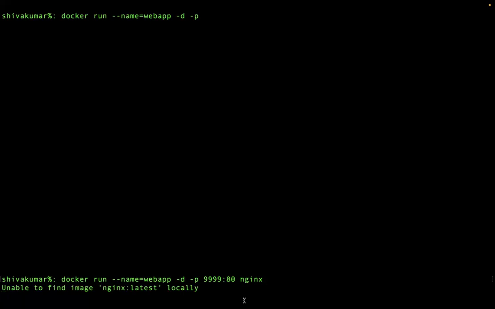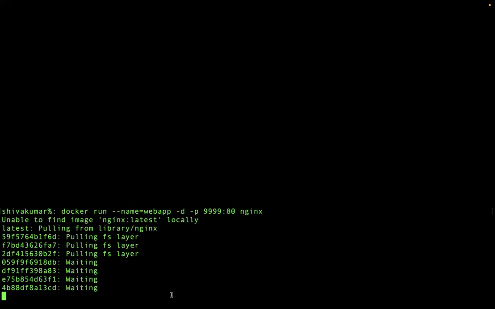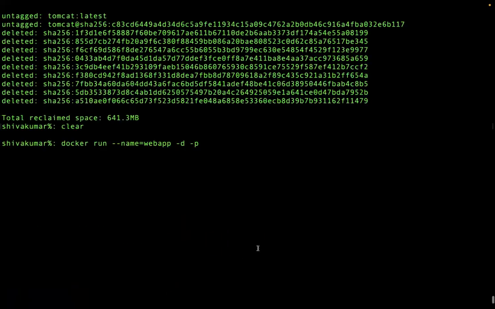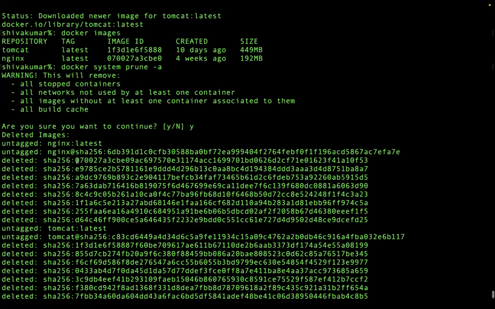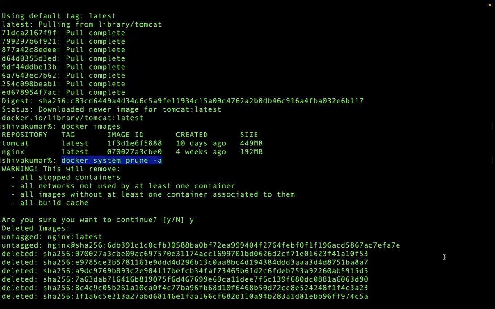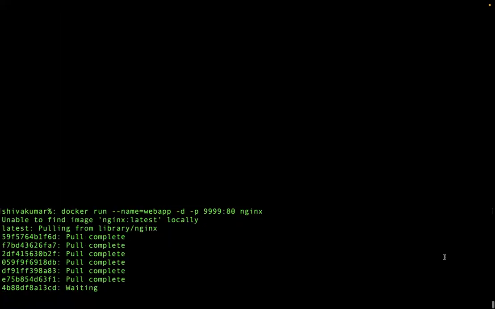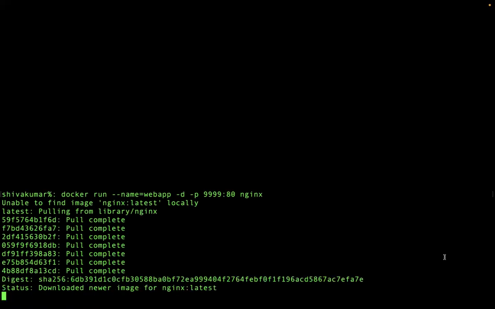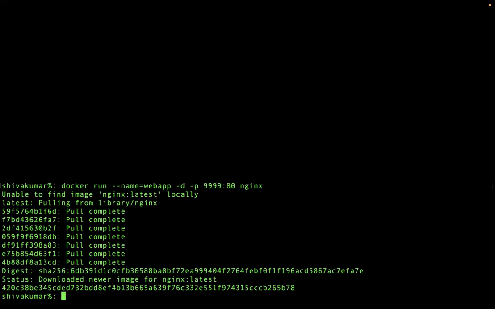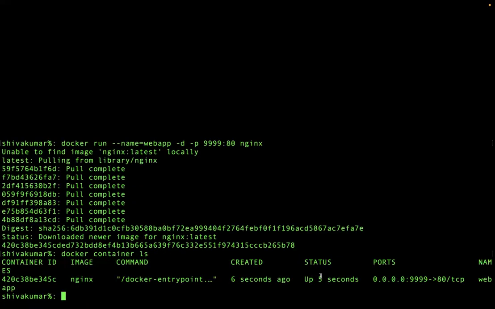Okay, now it is unable to find the image locally. It is trying to download the image because just now we deleted the images using docker system prune -a. Now let it download one more time. Now, if you see docker container ls, this container is in running state, which is on port number 9999. What is this -p